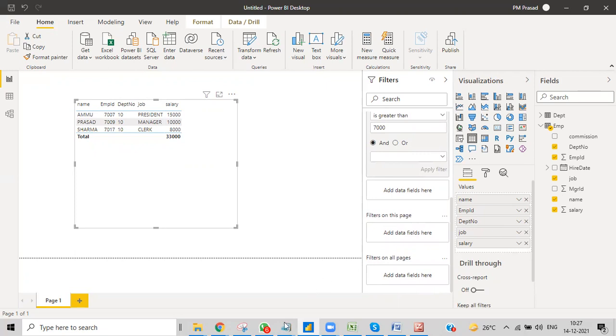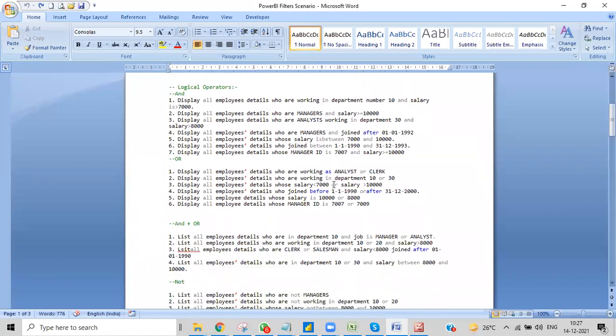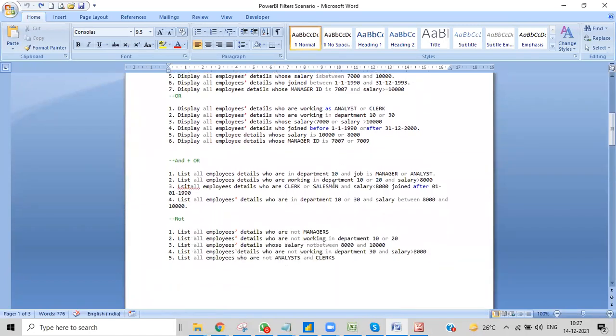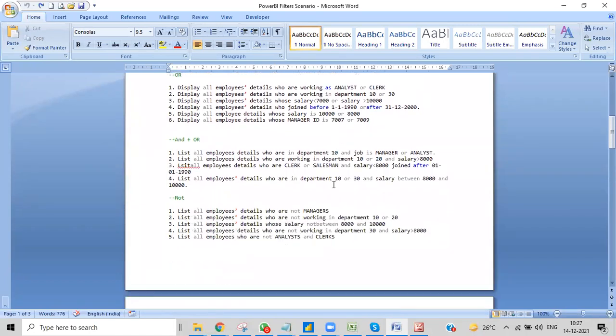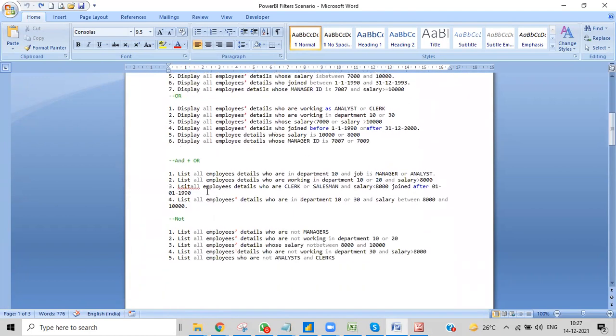And then some other logic that we will practice over here. Okay, so the NOT operator: employees who are not managers, not working in department 10 or department 20. We can work this out: not working in department 10 or 20.